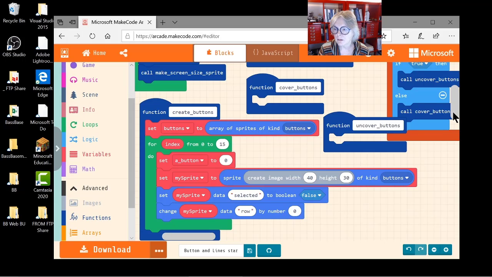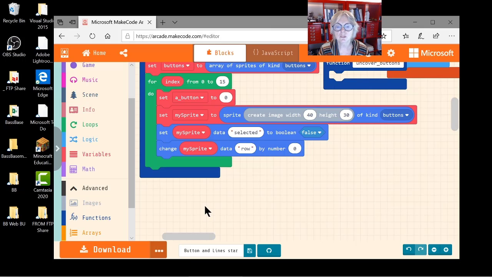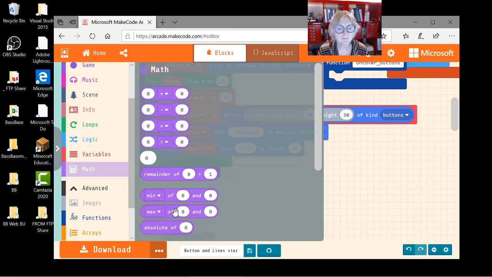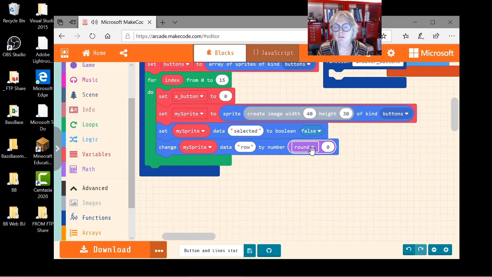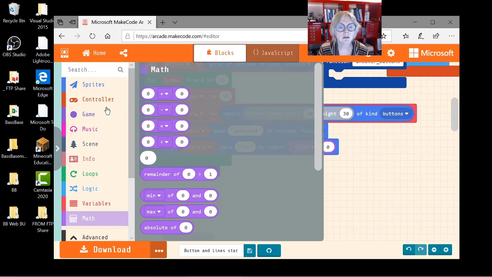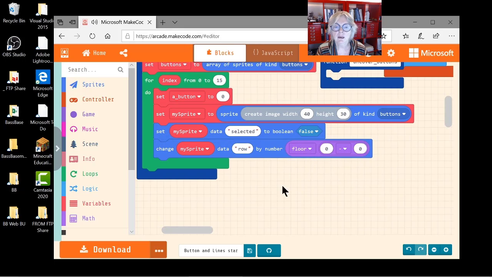Well, how do I figure that out? Well, I calculate it from the index. And the way to do that is to use this way. The row is the floor, and floor is down here with round. And floor means if it's like 7.3, it's 7. In other words, it's the whole number under the number that was calculated. That's the floor. And we want it to be the floor of the index minus 4. So we get the math here, negative, and it will be, okay, oh, there, index,